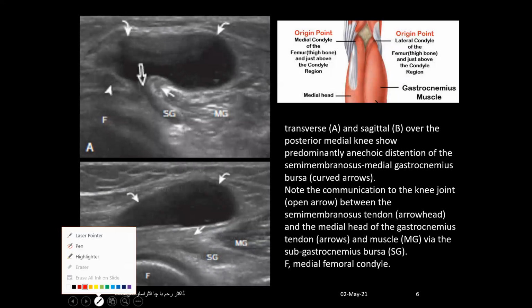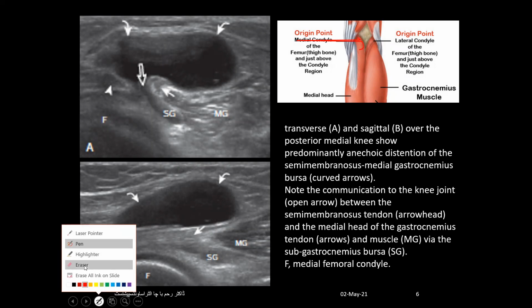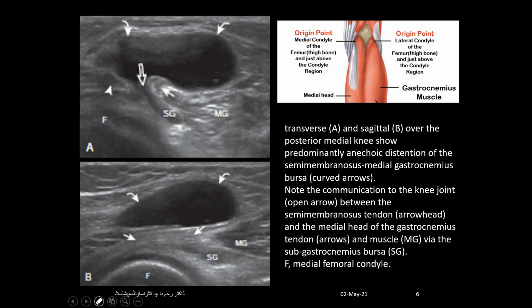I'm going to open my pen. This is the medial head of gastrocnemius muscle, and the combination of these three tendons is the pes anserinus, and this one is biceps femoris. Between the medial head of gastrocnemius and biceps femoris, there will be the neck of the